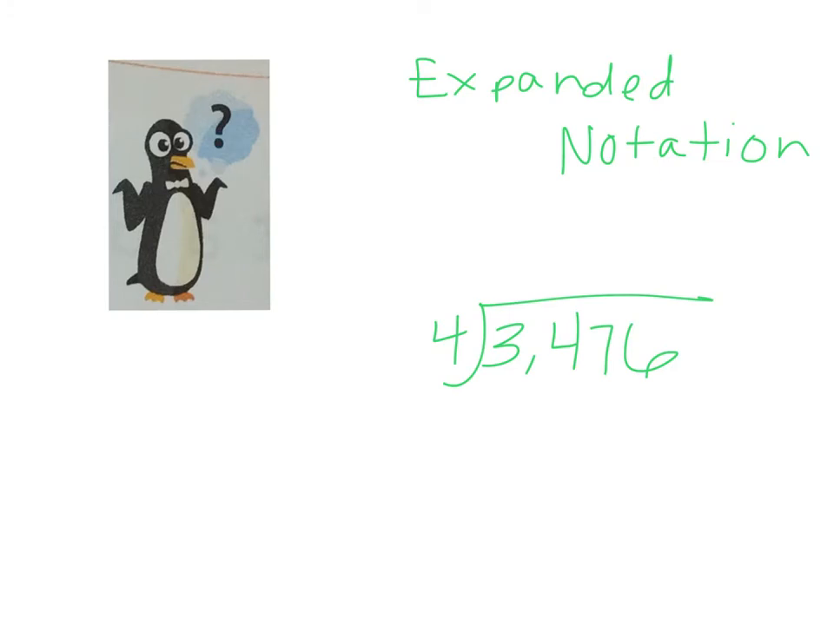The last method I will show you to solve this problem is the expanded notation method. So 4 still won't go into 3, but it will go into 34. And remember, we're using expanded notation, which is the same as place value sections, except instead of building across, you're building up and down. So 4 will go into 3,476 800 times. 800 times 4 is 3,200. Then I subtract,